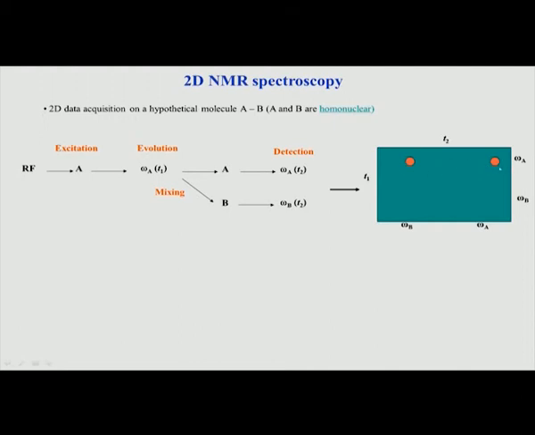Why is that? The reason is the following: this combination, cosine omega A T1, remember we saw that cosine modulation in the previous slide, gets multiplied with cosine omega A T2. So, you see, in T2 and T1, consider T2 as one dimension and T1 as another dimension, in both the dimensions now we have A and A. That means it will correspond to this. Here basically this frequency is A and this. Let me correct this because of a slight shift here.